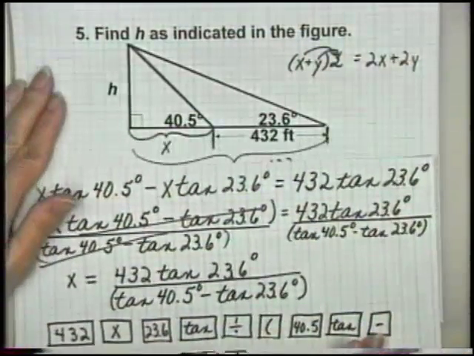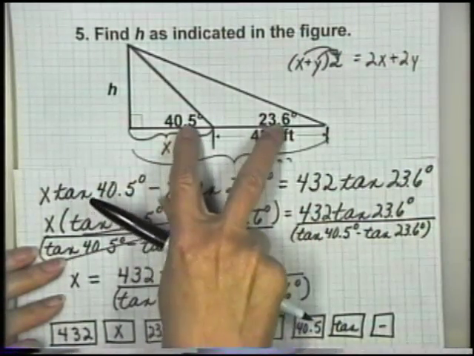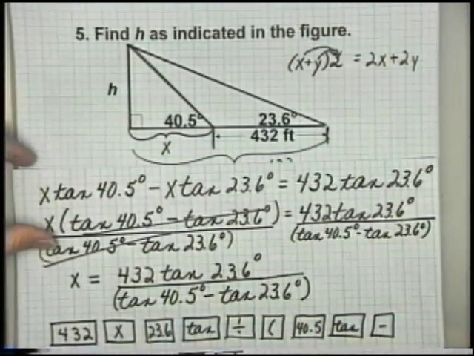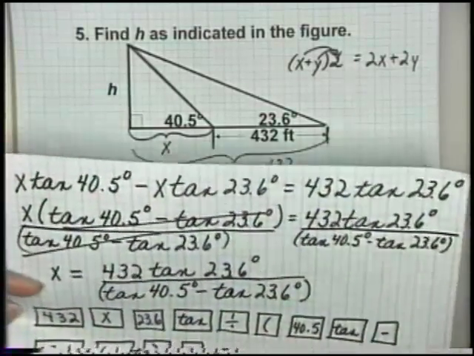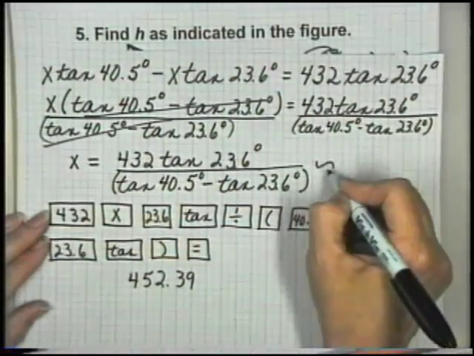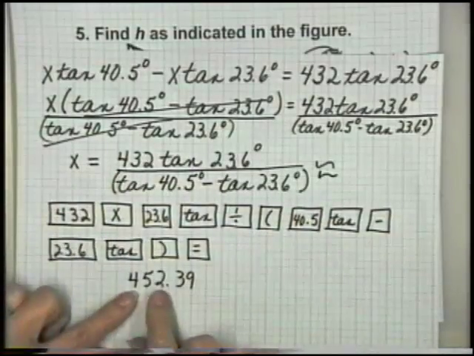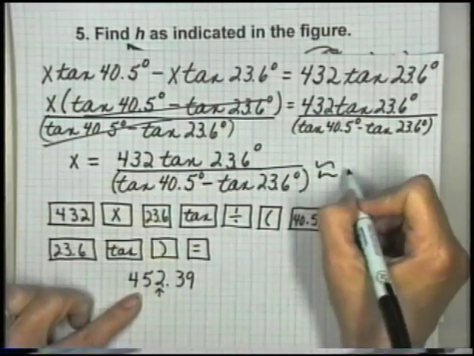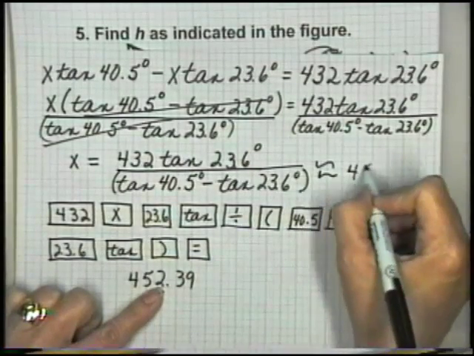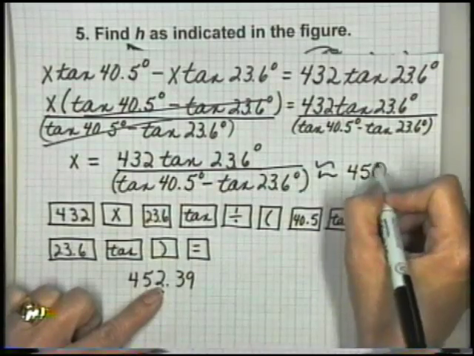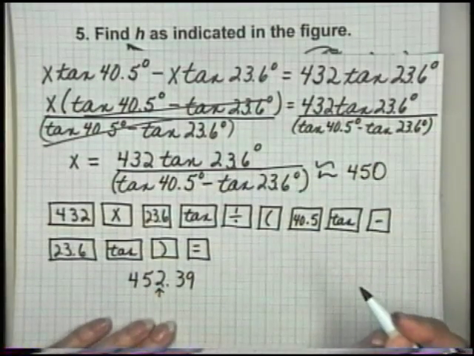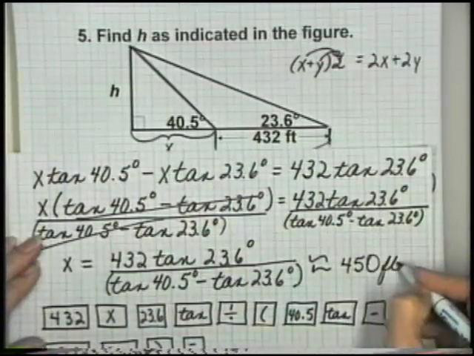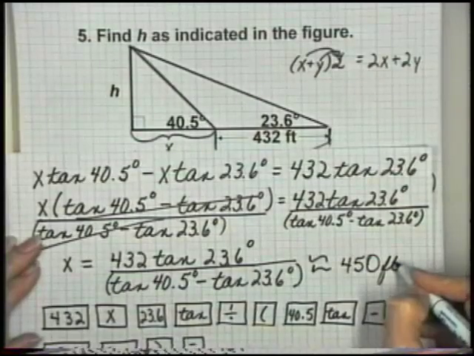Let's go back up here and look at this original and see what we were given. Those angles are to the nearest tenth, which is 3 significant digits, and that's to 3 significant digits. So I'm going to round my x to 3 significant digits. So my x here to 3 significant digits, let's see, we'll look at the 2. Since it's a 2, we'll leave the 5 alone and write a 0 in place of the 2. So that would be 450 feet,